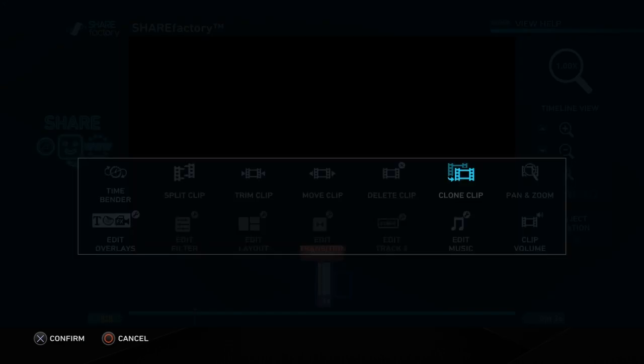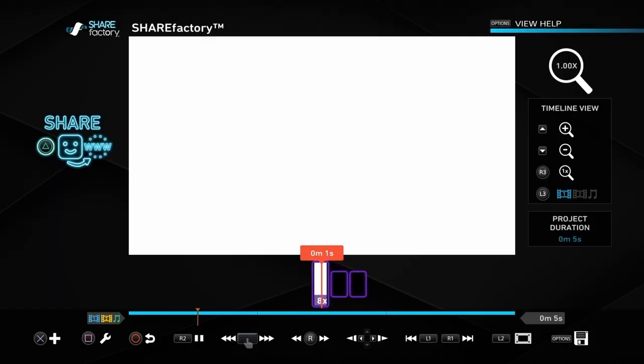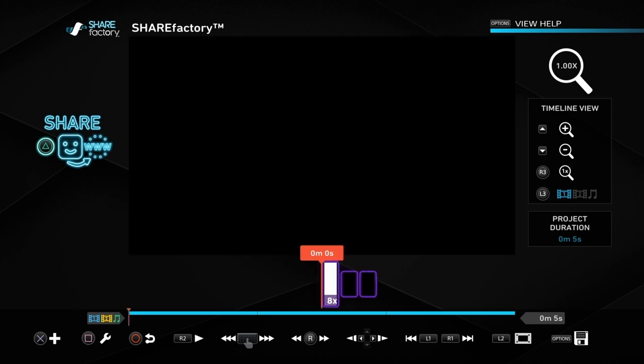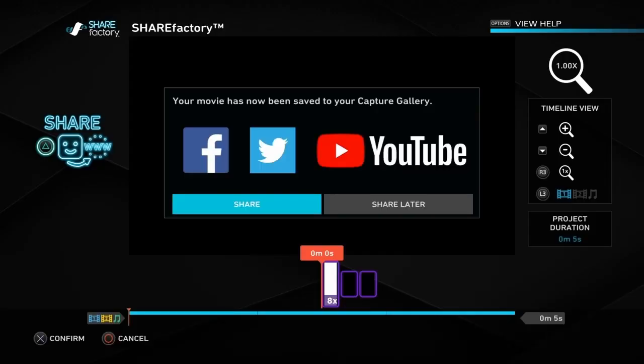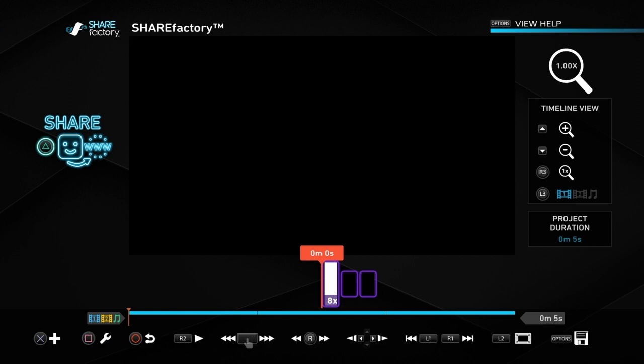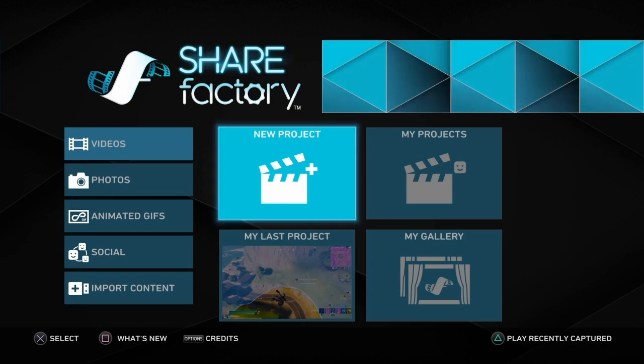So we clone it again, and we've got 3 of the same clips, and they just keep doing that. And this just gives us a bit of wiggle room, so we've got plenty of flickering to play with. Okay, so options and save to gallery and exit that project, go to new project, and then what we want